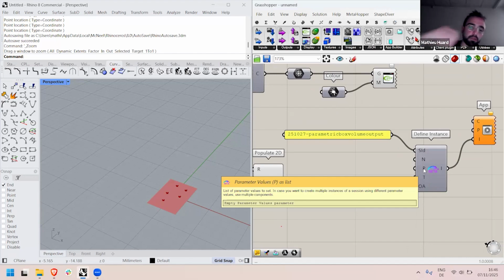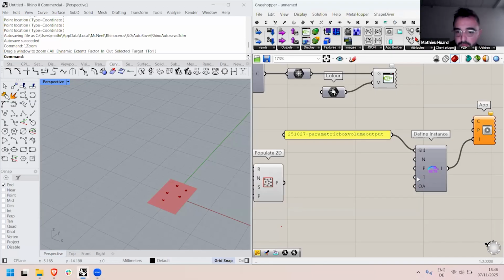So obviously, we're calling another Grasshopper definition. And when you instantiate it, when you bring it in the definition, you can decide the values of the parameters that exist in this definition. So we're going to do that after too. For now, the only thing I want is to do the first